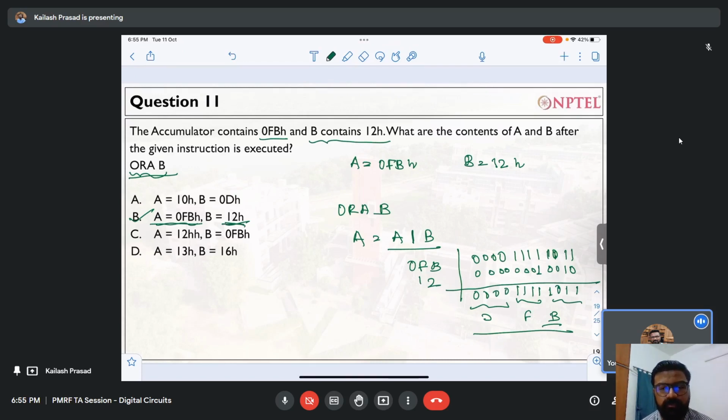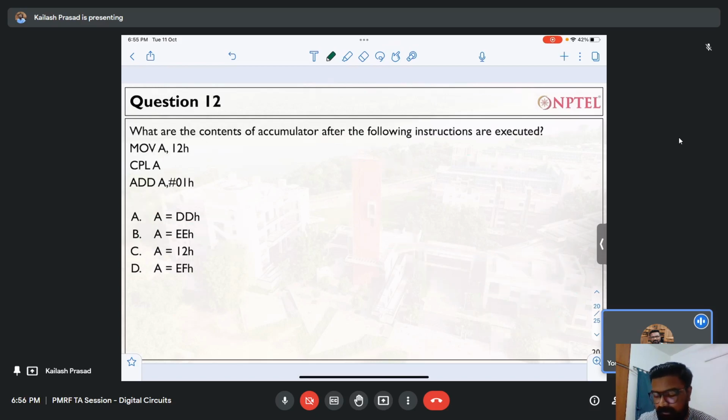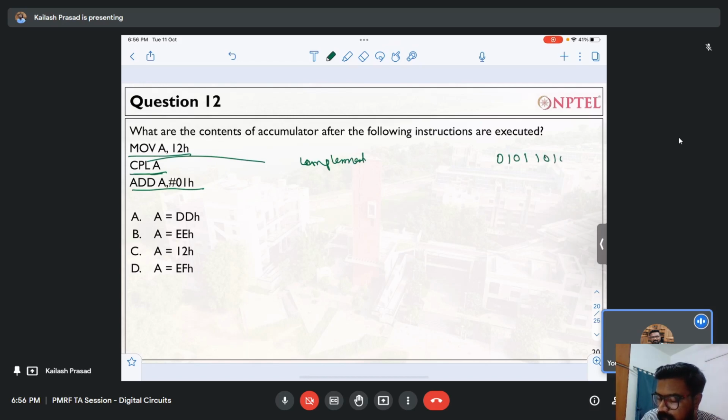Yes, sir. So, moving to the next question, again a very simple one. What is the content of the accumulator after the following instructions are executed? See, it's a very interesting operation which is happening, but it's a very simple one. Move A, 12H, then CPL A. CPL means complement. Complement is again a bitwise operation. So if you have a value 0101, then 1010, when you apply a complement operation, it will be